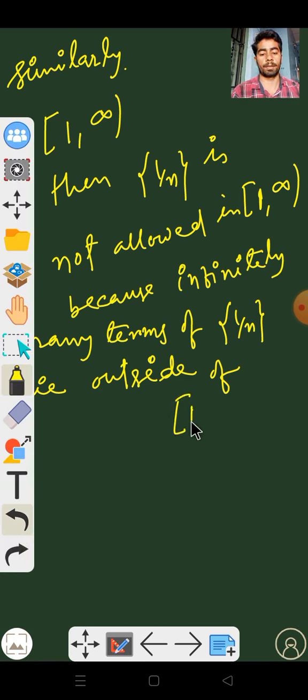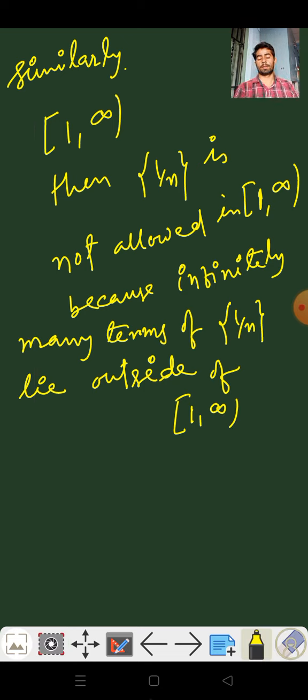Closed interval 1 comma infinity, outside of the interval closed interval 1 comma infinity. So to show that it is UC in this interval, we have to find the supremum function, that is, the limit of the supremum. We have to show that if the limit of the supremum tends to 0, then we can say that it is UC on this interval, and therefore